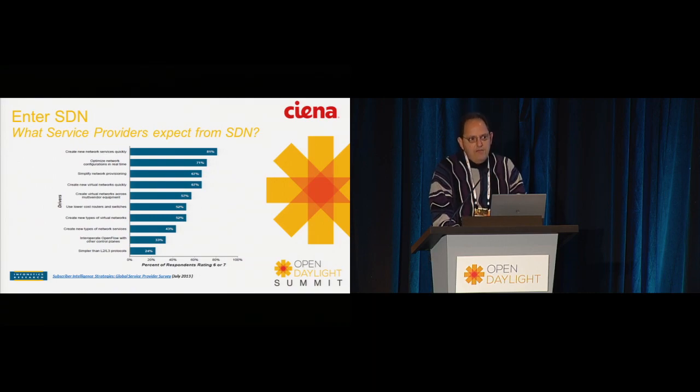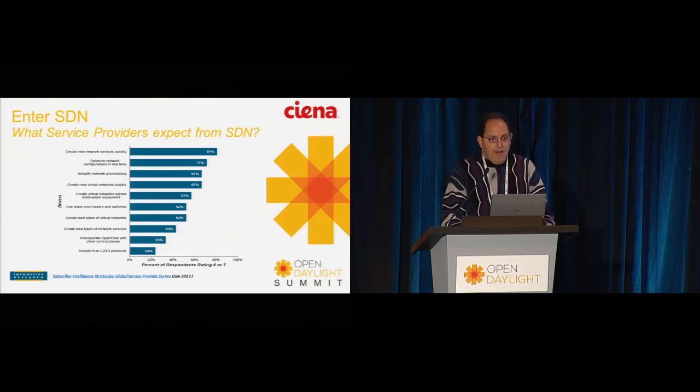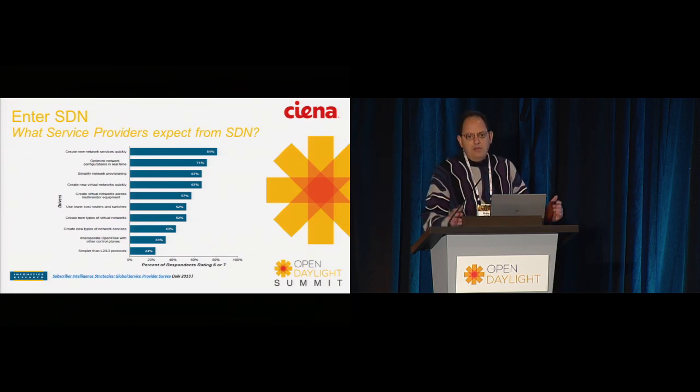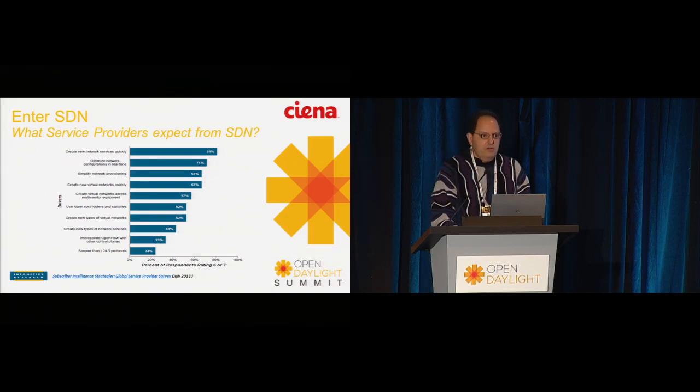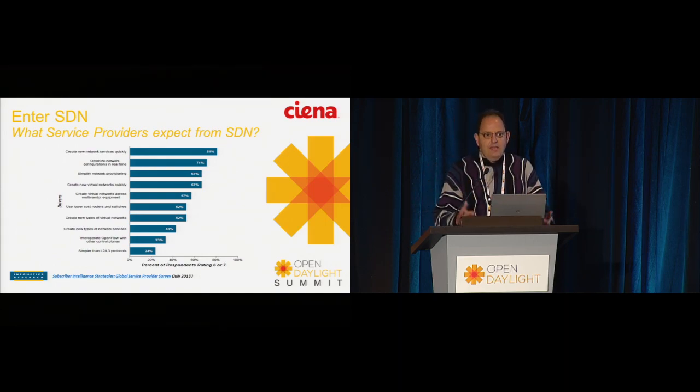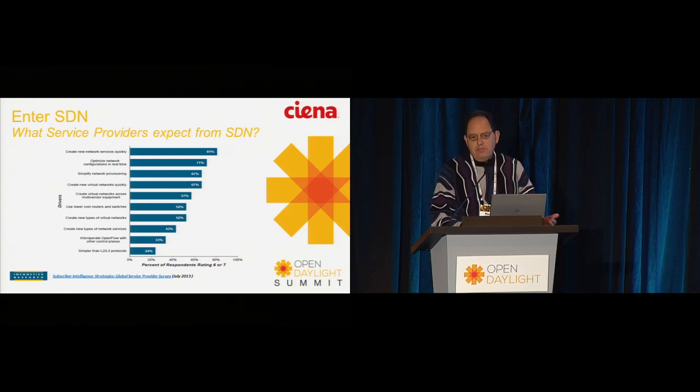And what they're really looking for from SDN is no surprise. Number one on the list, create new services quickly. This whole idea of agility, which is really driving SDN. And then if we look at optimize the network, simplify provisioning, these are themes we've heard throughout this conference, and for that matter, any SDN conference that at least I've been to over the last couple of years. These are the kinds of themes. So the carriers and the operators are really no different than those in the data center and even some of the larger enterprises that are starting to plan and think about software-defined networking and how it's going to transform their